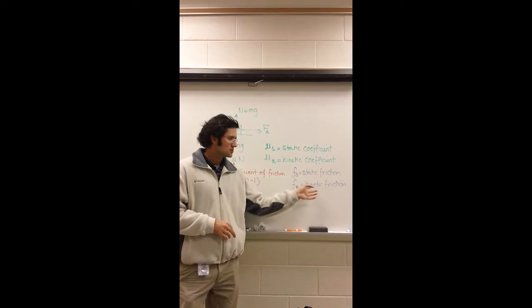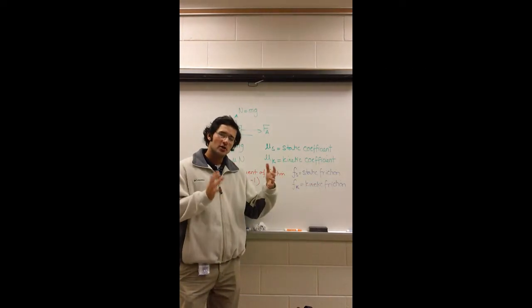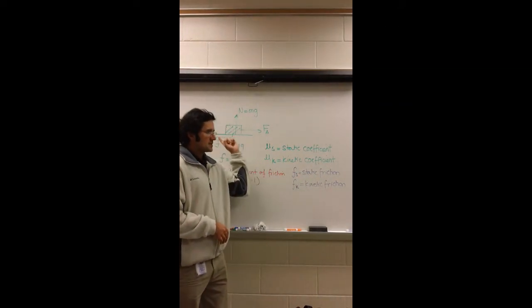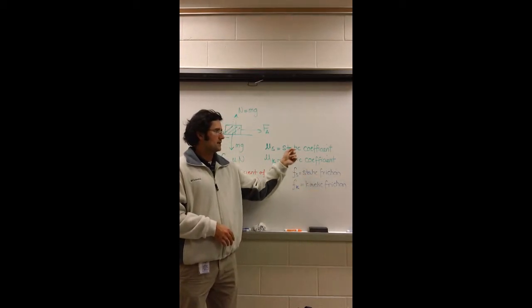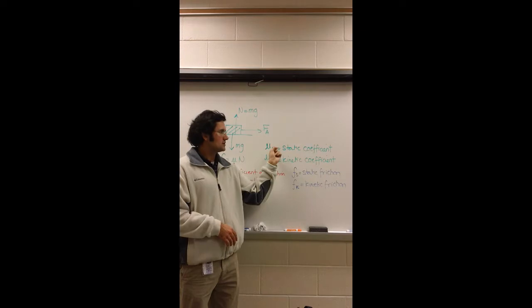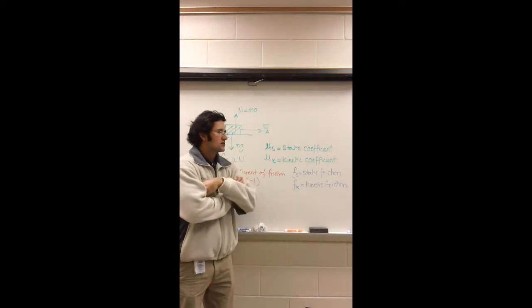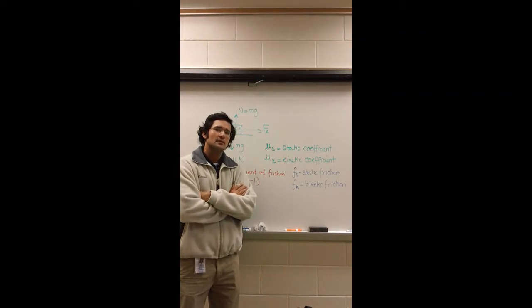And by kinetic, some teachers call it kinetic, some people call it sliding friction. It's when the object is actually not at rest, but finally it started to move. So once the object breaks free and starts sliding to the right, then you switch from static friction to kinetic friction. Then you switch from the static coefficient of friction to the kinetic coefficient of friction. And the kinetic coefficient of friction is always less than the static coefficient of friction, because there's less friction between the surface and the object once the object starts to move compared to when the object was at rest.